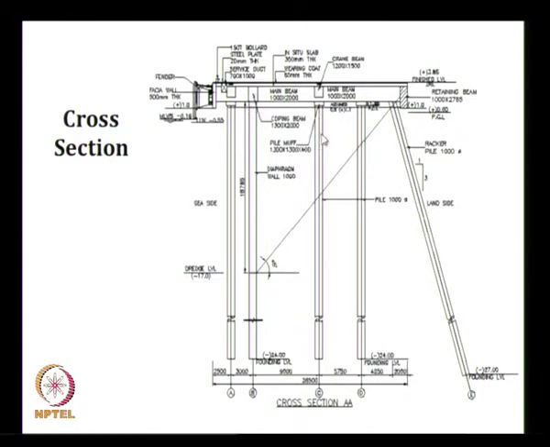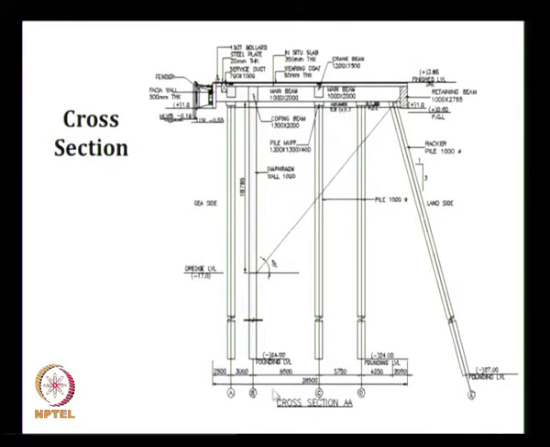In this system, which pile will take more load? Forget about this diaphragm wall and raker pile. We have a 1000 mm pile here, another 1000 mm pile here, another 1000 mm pile here. Assume that this raker pile and diaphragm wall do not exist, and you are applying an earth pressure here or a berthing force or a mooring pull. Will the load be distributed to these 3 piles equally? Yes or no? Which will take more load? We have the rows marked here A, C and D. Which pile will take more load?